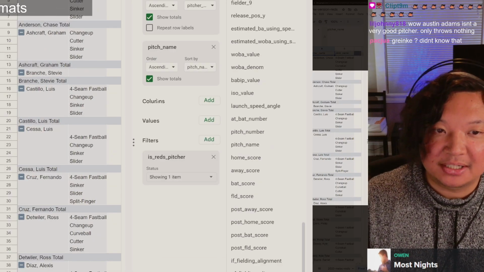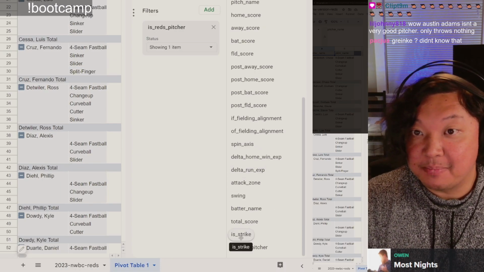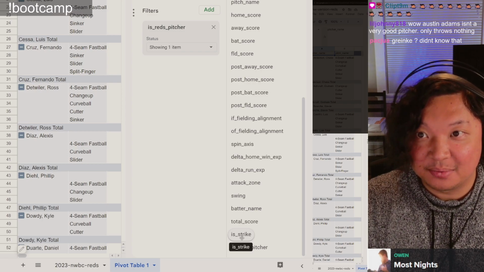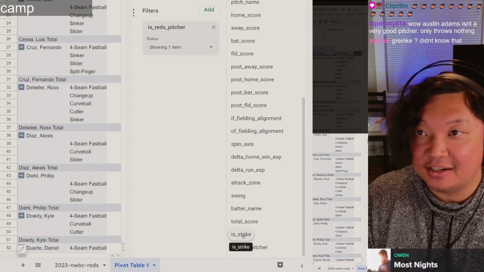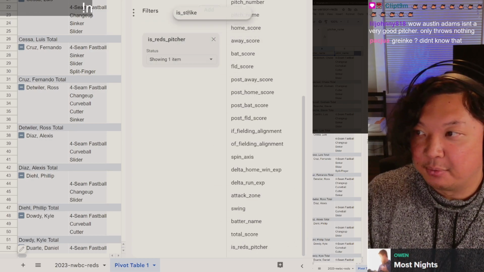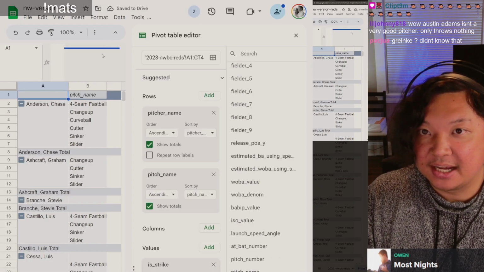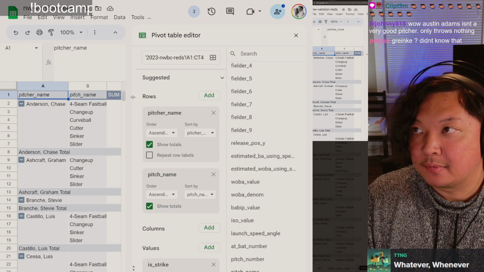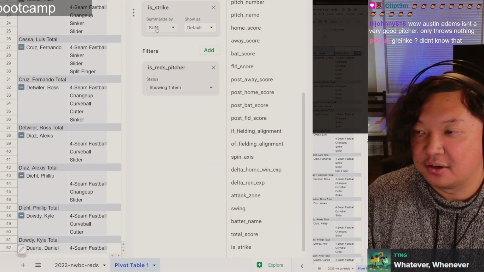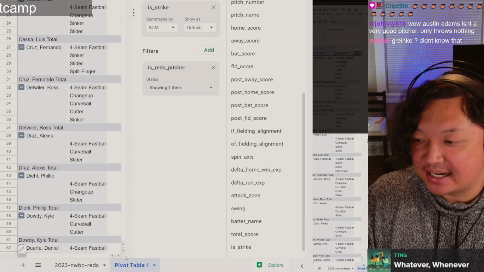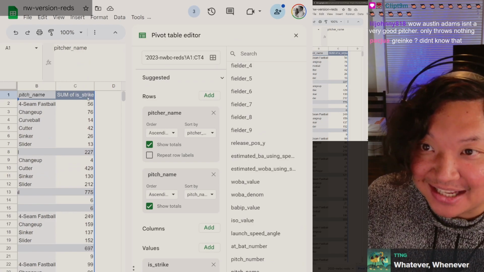Okay, now we want to look for is strike. So let's go is strike. We made this on day one, whether or not it was a strike. So you should have this in your Google Sheet, in your spreadsheet, and we'll drag this to values. Okay, and now it's calculating that. Okay, and now we have, oh God, I can't move this. So for this, it's giving us a sum. If I scroll over a little, you can see how many times they threw it,